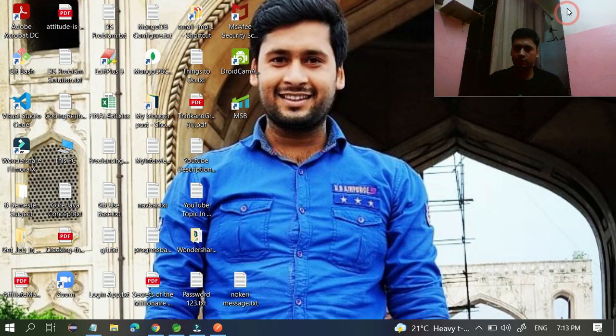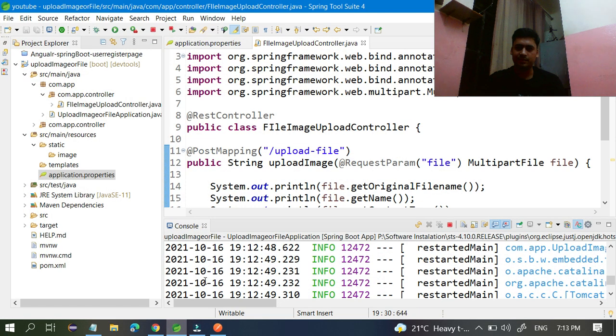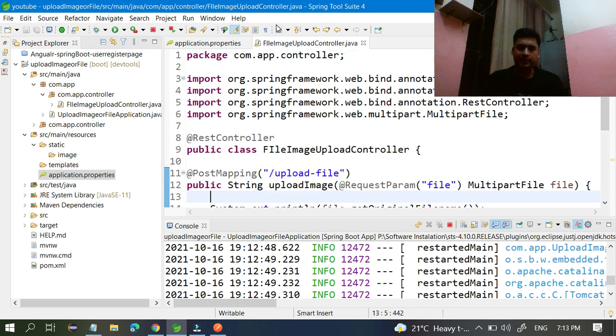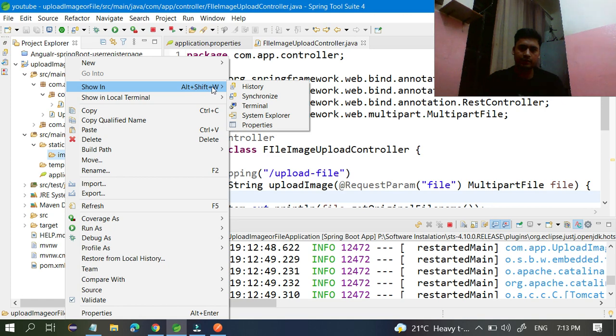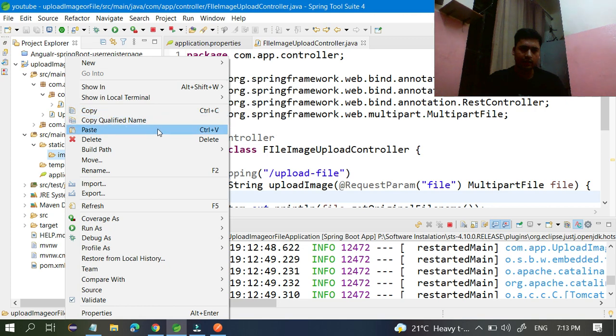So go inside these applications. Here you can see where I want to store it. Go to the image, click on this and just click show in, or properties.